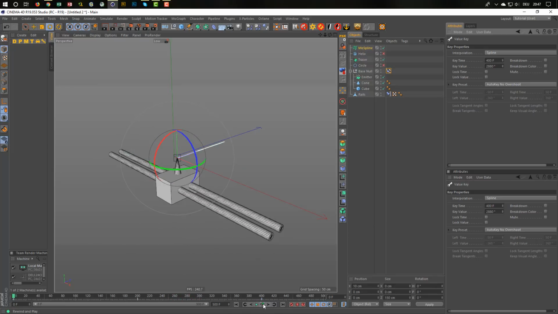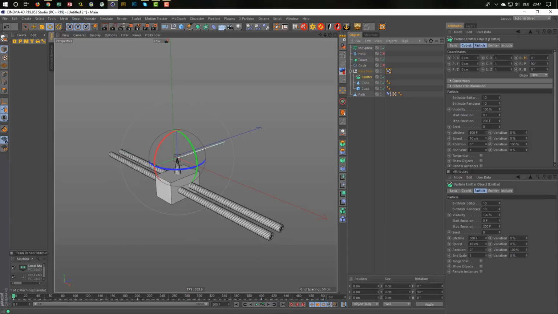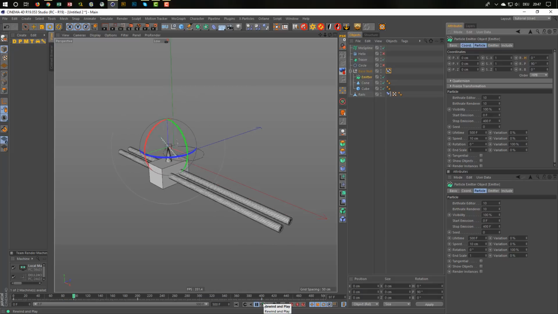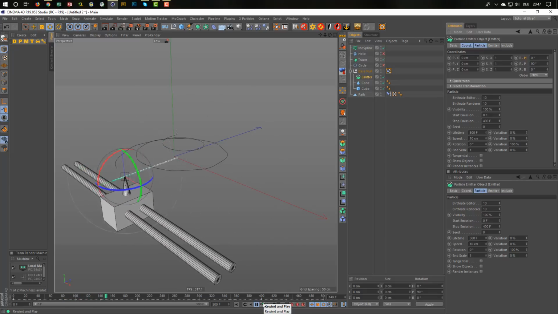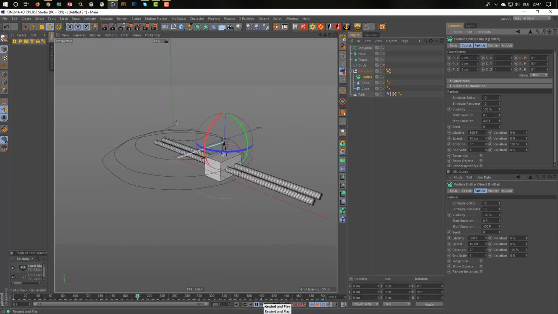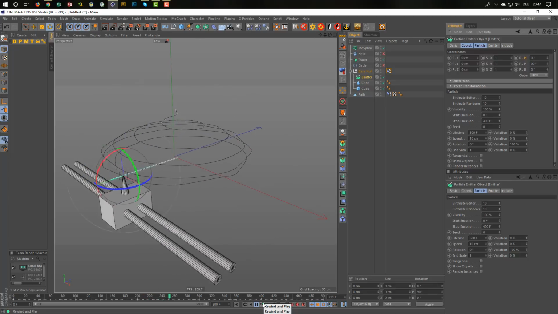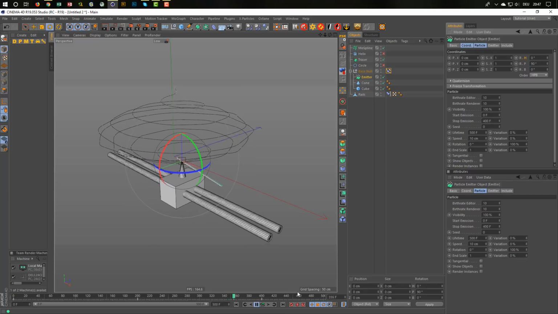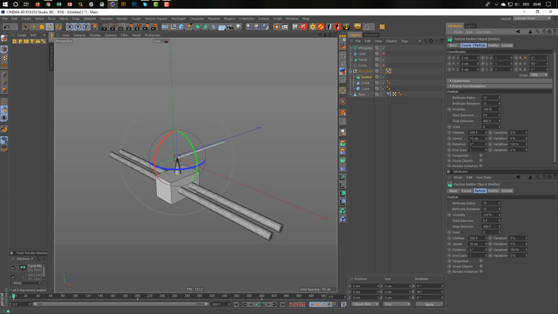The next thing I forgot. Emitter, we have said stop emission at 200. Of course not. Stop emission at 400. Okay. And it gets smaller. Nice. Now we have a little